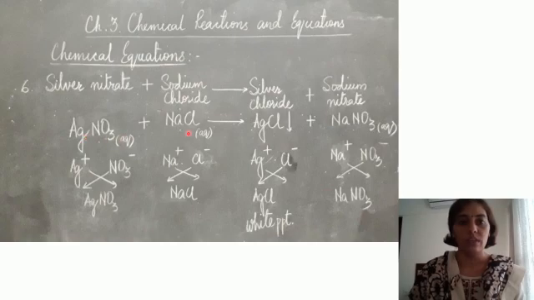Here all the atoms are balanced, one silver, nitrate ion complete. We will count here, say NO3 radical, so NO3 radical here also. Then sodium is here, one sodium, one here, and chlorine one here, chlorine one here. So this reaction is a balanced equation. Now let's go to the next slide.